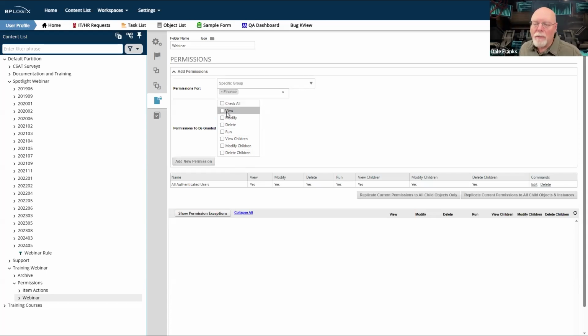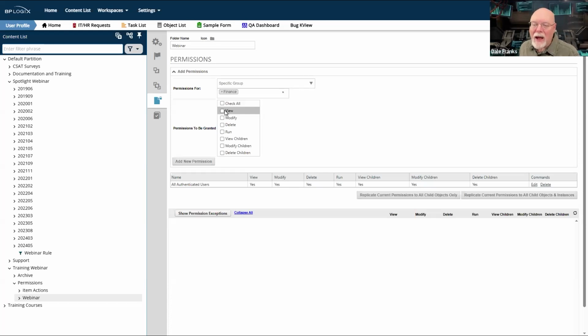So, for example, let's start with these first 3. View permissions. I can look at the thing. I can see it in the content list. I can open it. Okay, that's my basic level of access to a content list object. That is the view permission.